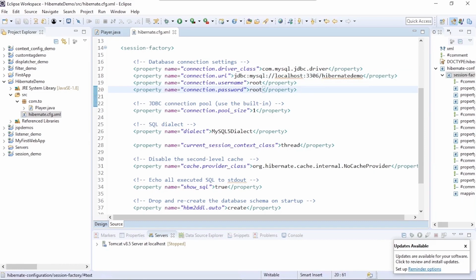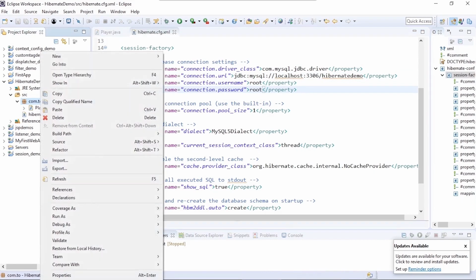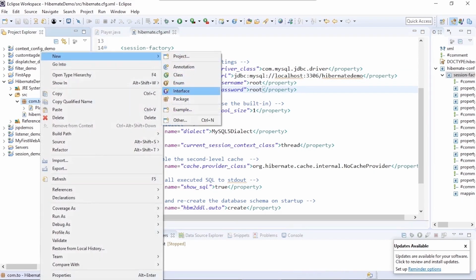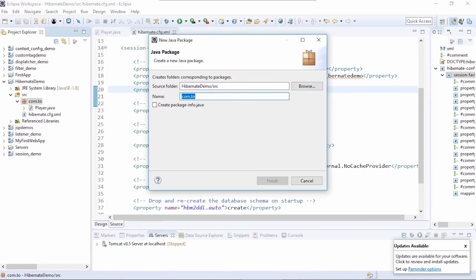Now time to add a new package, so let's do that. com.control.